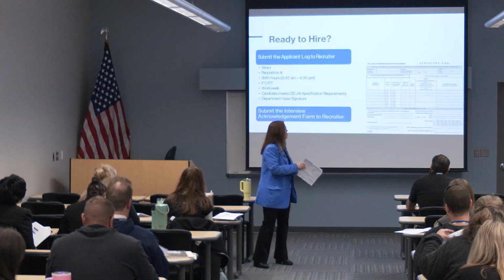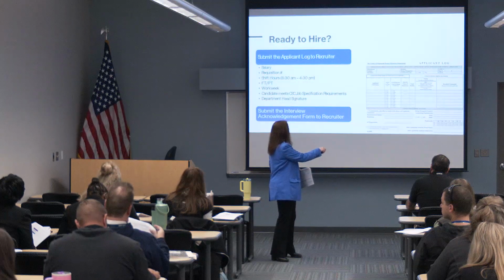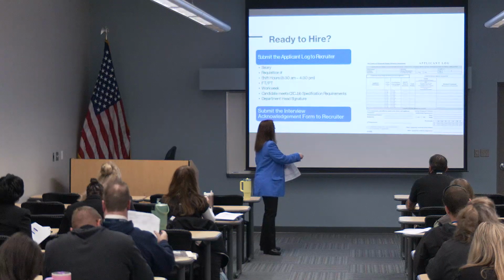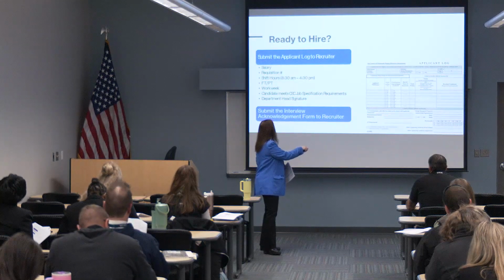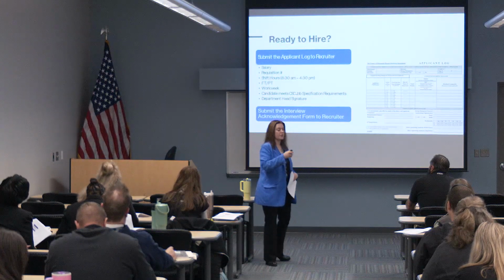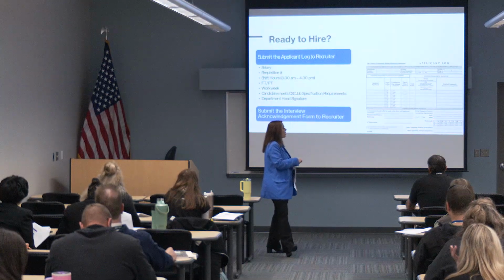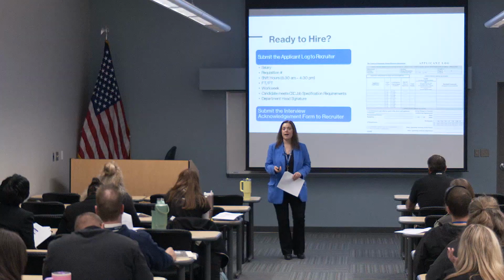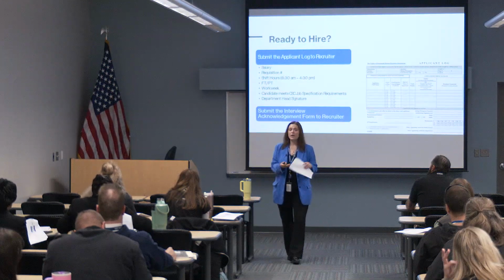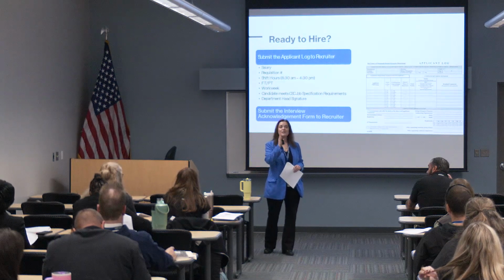Now, on the top right, you want to make sure that you are putting in your requisition number where it says PARF number in that top right section. You want to make sure that you are listing the specific salary in the recommended salary section. If there's a specific shift, 8 to 4, 8:30 to 4:30, that you're writing that in the shift information section. Is it a full-time or a part-time position? You want to make sure you're indicating that, as well as the specific work week. We have some part-time employees whose schedule varies. That's okay, right? Varies. We also have some people who have a very set schedule, Monday, Wednesday, Friday.